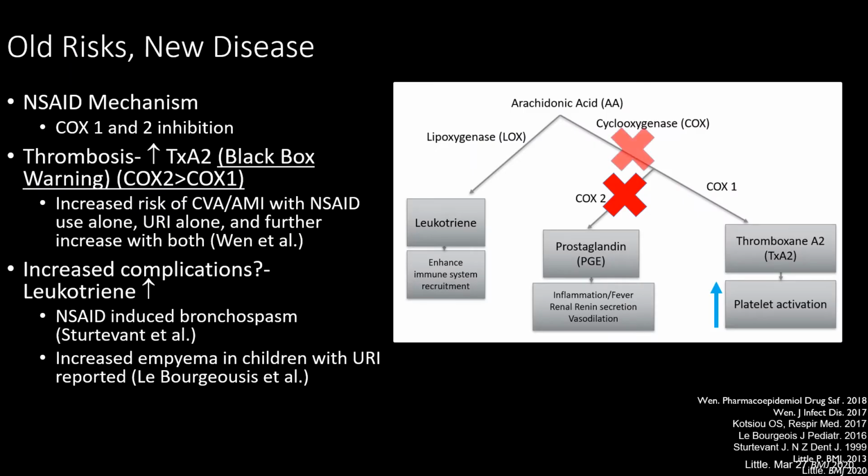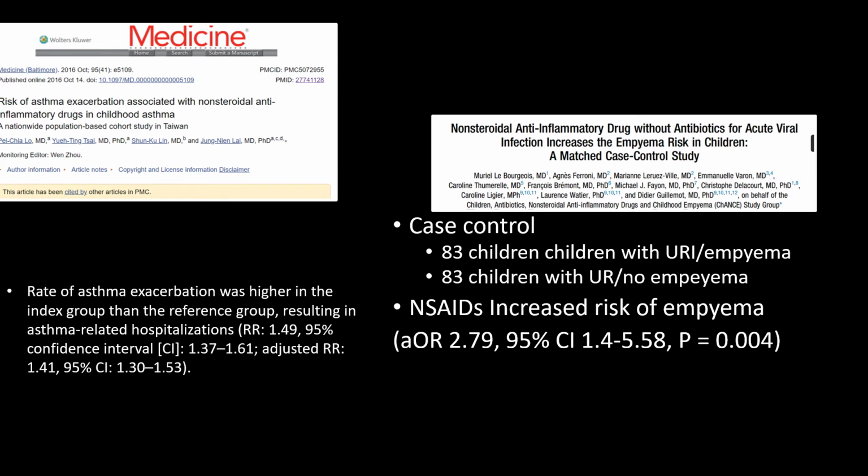Additionally, if we block cyclooxygenase, it shunts arachidonic acid down the lipoxygenase pathway. This can make a molecule called leukotriene, which is very good at recruiting white blood cells, and that can have complications too. In fact, we try to reduce leukotriene in asthma patients in order to reduce the likelihood that they'll have an asthma attack, so we can turn off their inflammation. And there is data to support that your risk of asthma exacerbation increases if you're using NSAIDs, and that, at least in some case control studies, children who use NSAIDs for upper respiratory infections were more likely to develop empyema, which is a ball of pus from white blood cells in their lung,